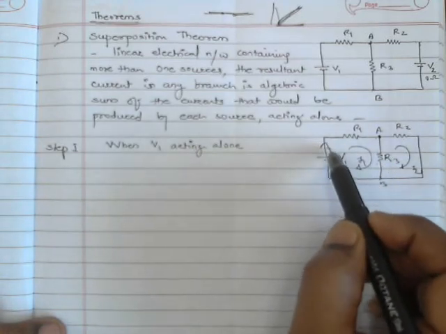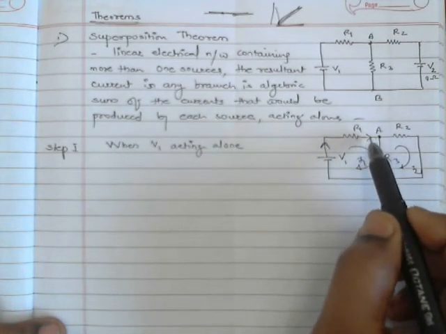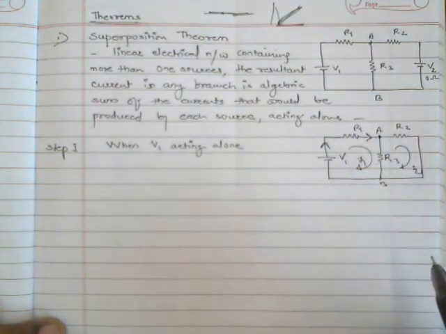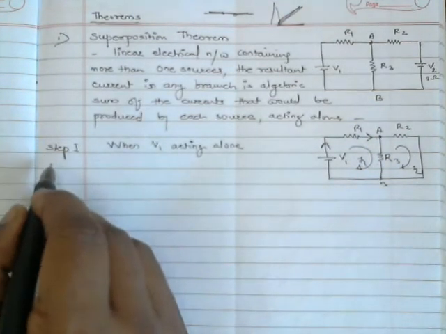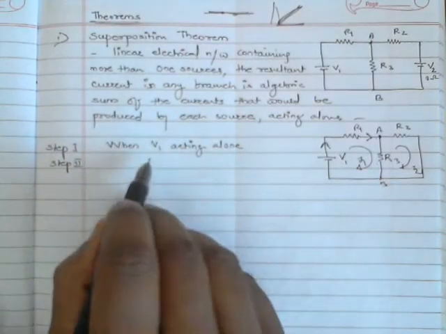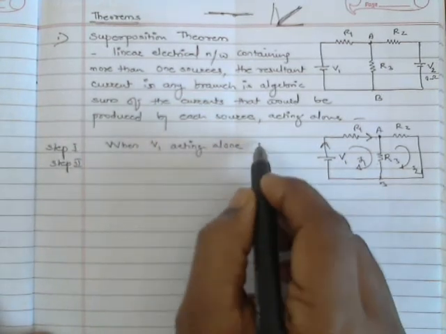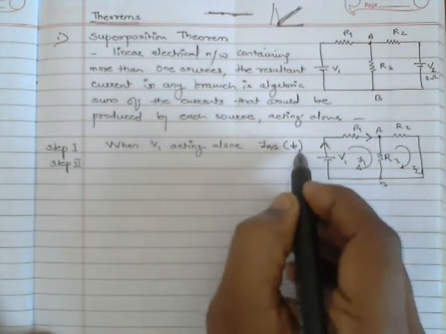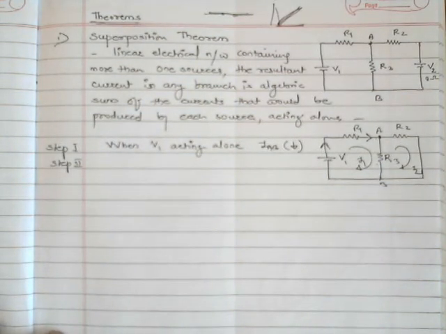Then find out the main current. Once you got main current, then you can apply current division rule here and you can get the current. That is the step 1. What is step 2? Okay, so by using step 1, find out current through AB and don't forget to mention its direction. Whether it is going downward, upward, right side, left sides, whatever.